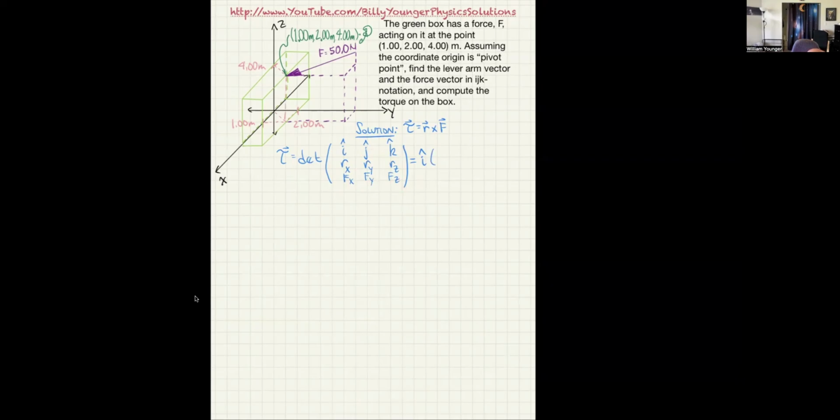this one has to be ry times fz minus rz times fy, then plus j hat. Now j hat is